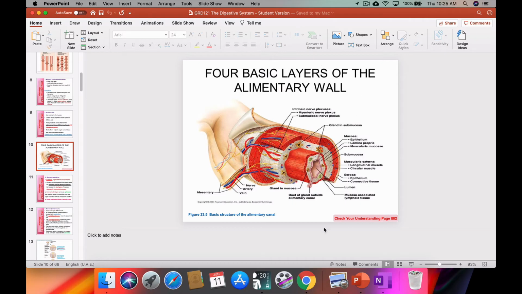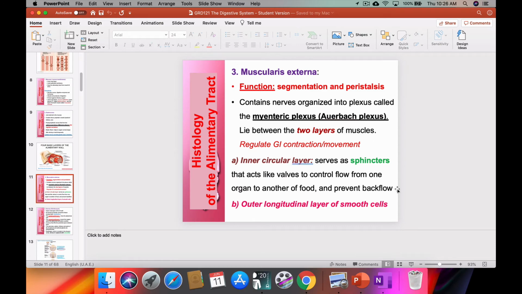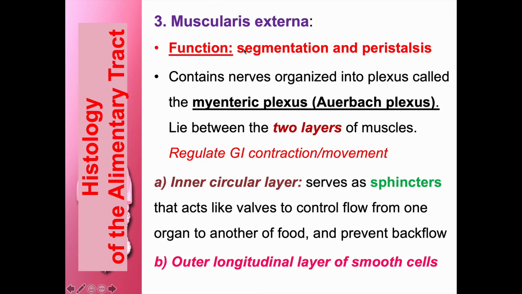Okay, I will tell you the difference between the adventitia and the serosa. Now let's see about the muscularis externa. Its function is to do peristalsis and segmental contraction. It contains the myenteric plexus, also called Auerbach's plexus, which is a parasympathetic plexus, and lies between two